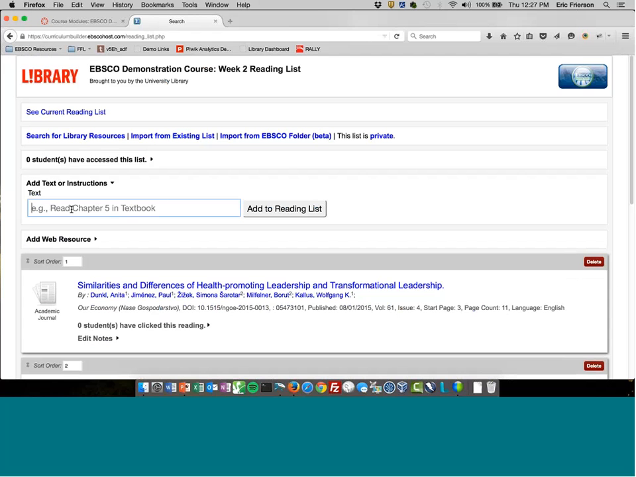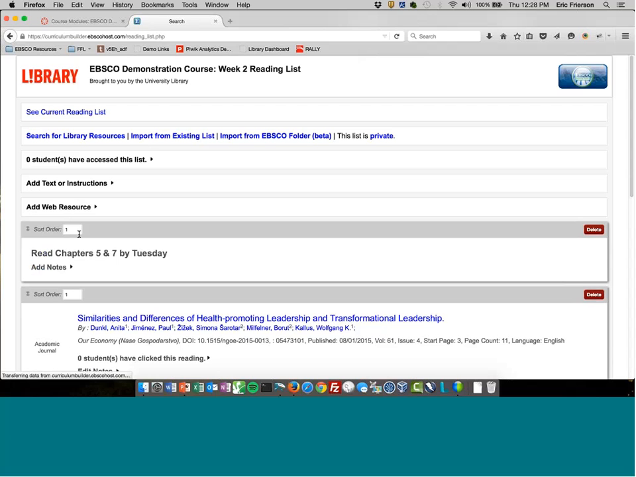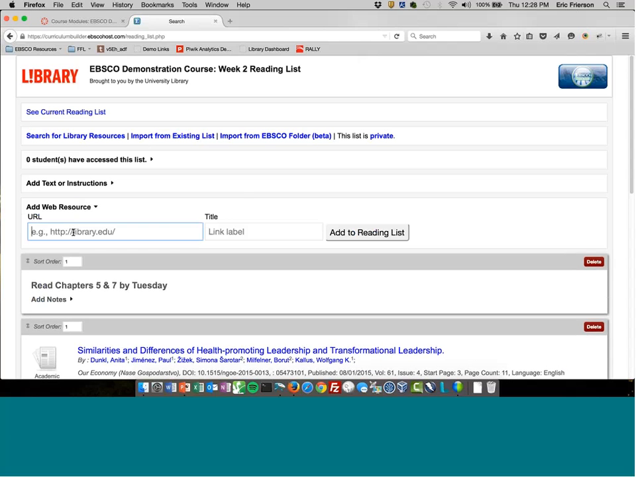Some of the feedback we've got directly from faculty members is they don't just want to link out to library readings, they want to be able to link to either websites or just tell their students to read a chapter from their print textbook. That way this list becomes their front to back, everything you need to read before class next week. So here I could type in something like read chapters 5 and 7 by Tuesday. I'll add that to my list, and I'm going to add a web resource. I'm going to have it go to